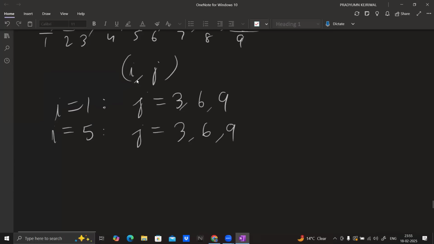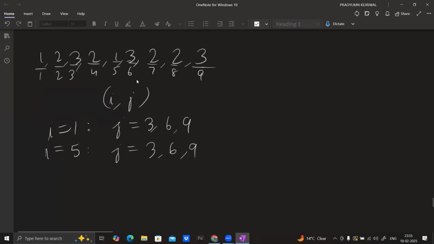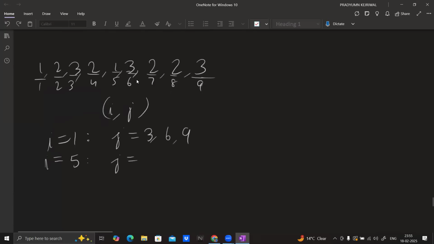So basically we have 6 pairs of i comma j. That, okay, not 3 actually, my bad, because 5 is not less than 3, so we cannot actually take 3. We can only take 6 and 9. All right, so for all of these 5 pairs, 1 comma 3, 1 comma 6, 1 comma 9, 5 comma 6, 5 comma 9, we have to calculate the sum of 2 to the power